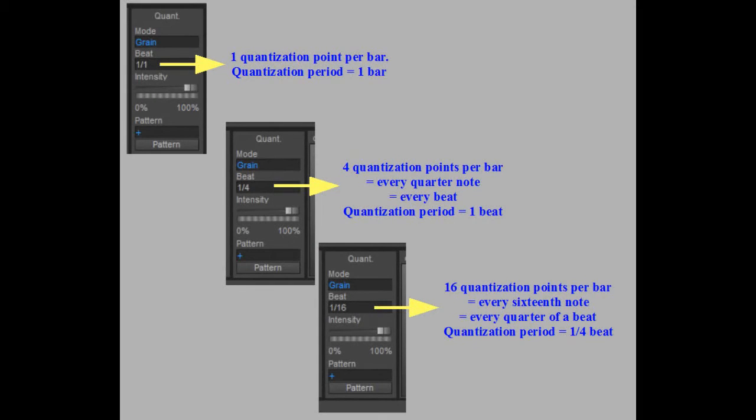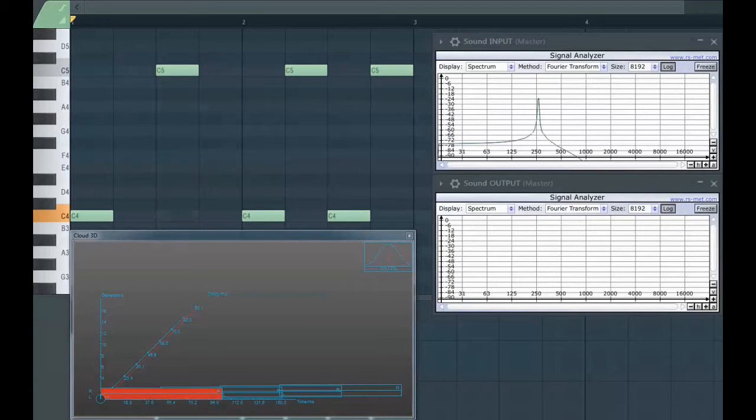And something more to notice. The name of the small window offering different quantization points is called beat. This is somewhat misleading. It should be named bar, as the shown number shows the quantization points per bar, not per beat. Let me show how the grain mode works and how it interacts with the length of the grains